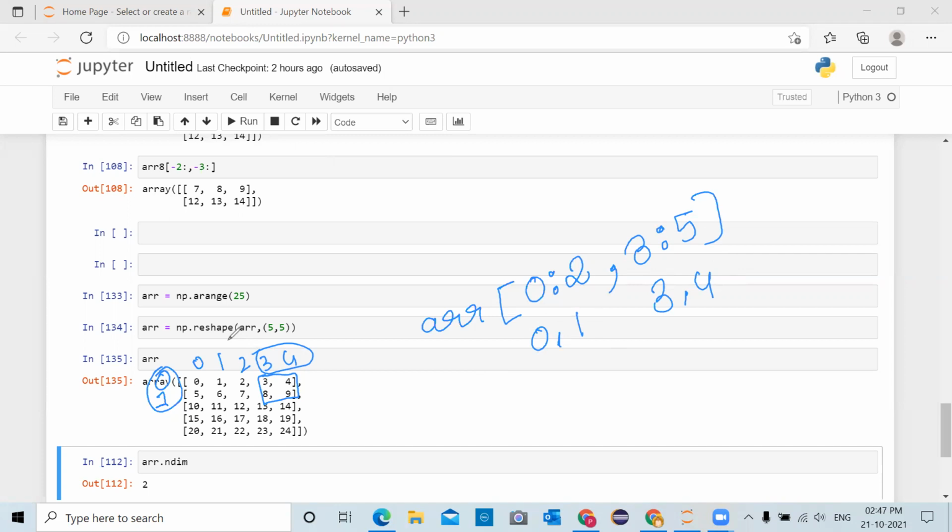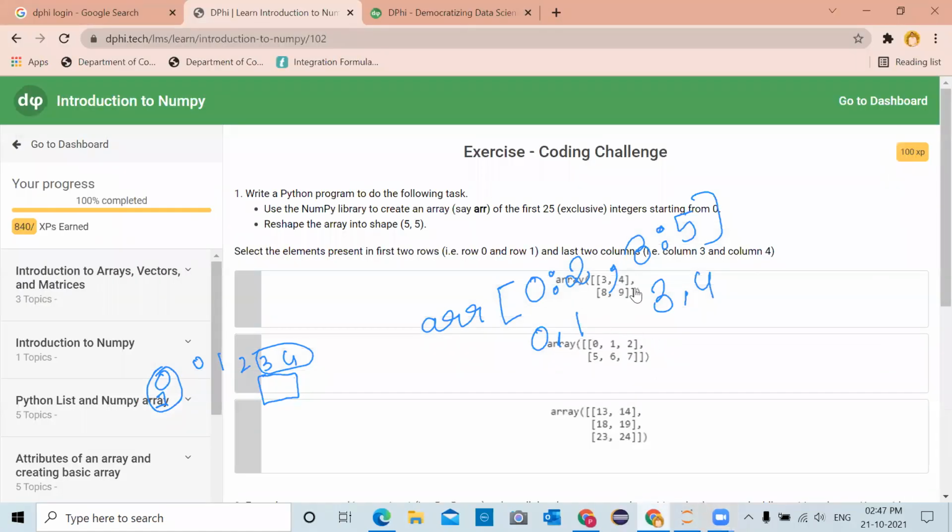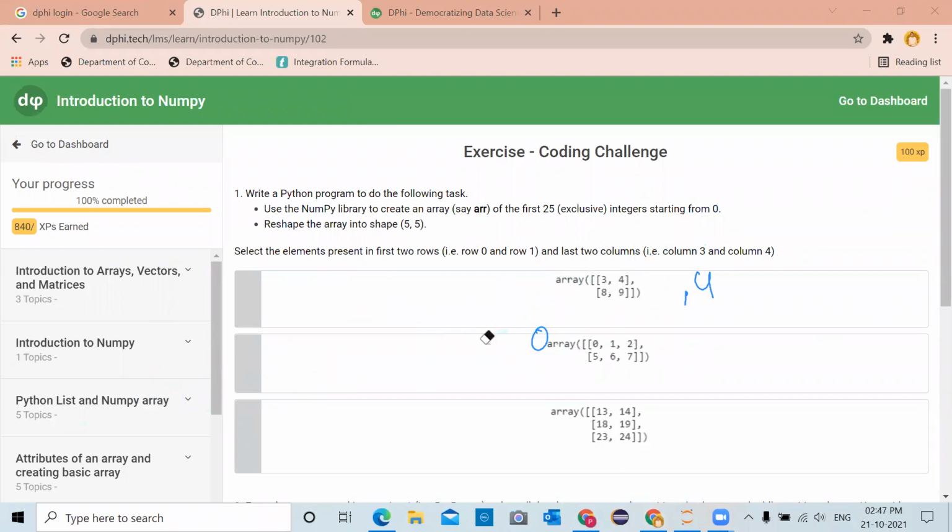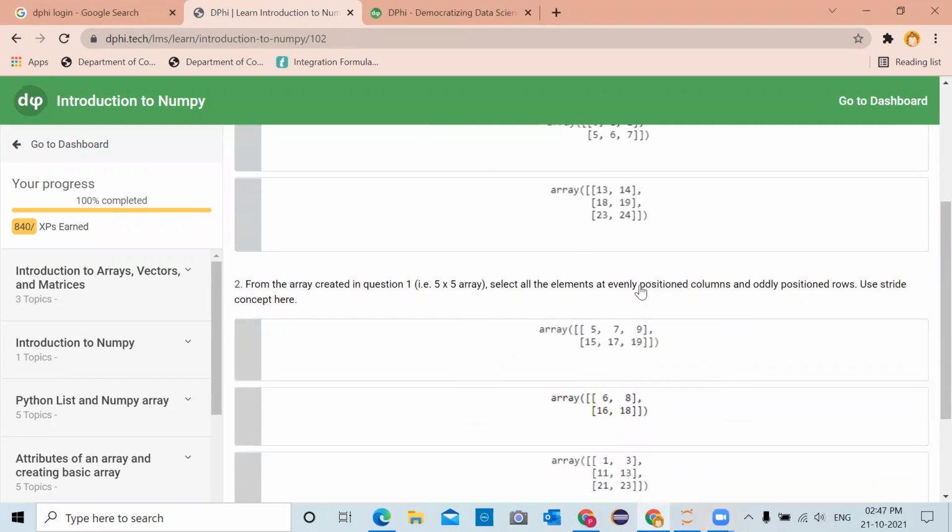So moving back to the question, if you can see row 0, row 1, and column 3, column 4 will result in array 3, 4, 8, 9.